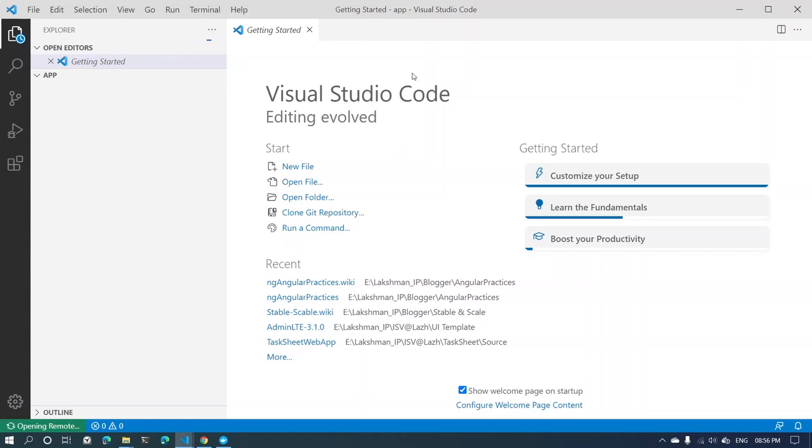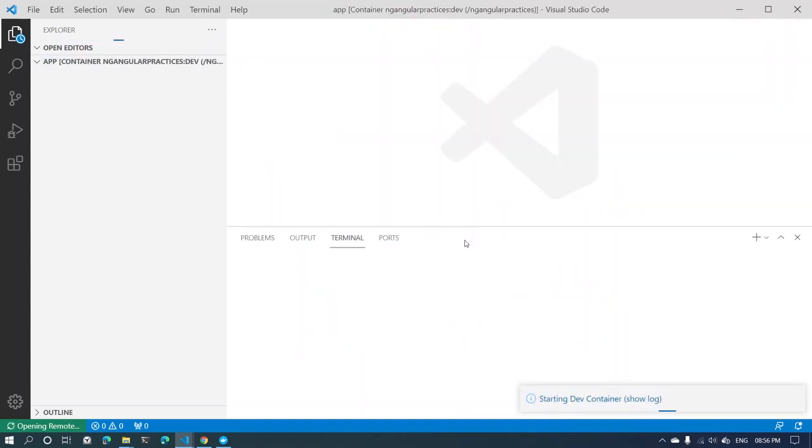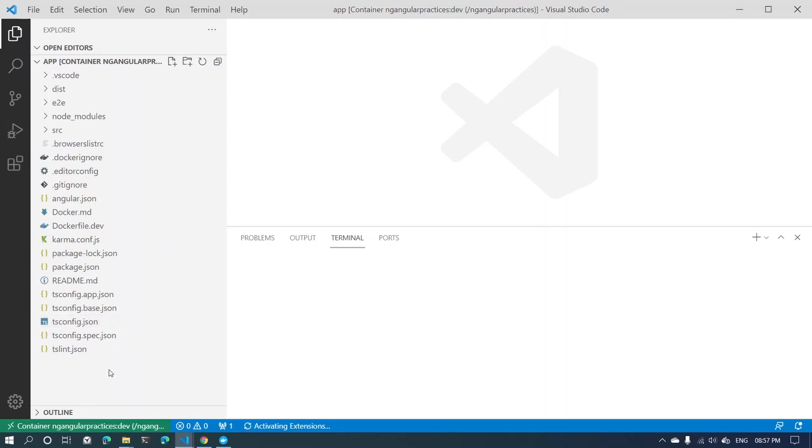And it will start getting all my files into this terminal. You can see there was a prompt called starting dev container, and for the initial run it will take pretty much time, which means around 2 to 3 minutes. Just kindly be patient. And once this setup is done, if you're not able to view this folder structure, there